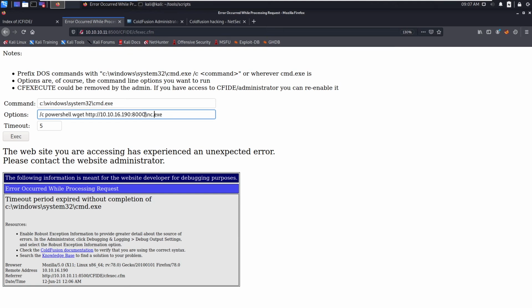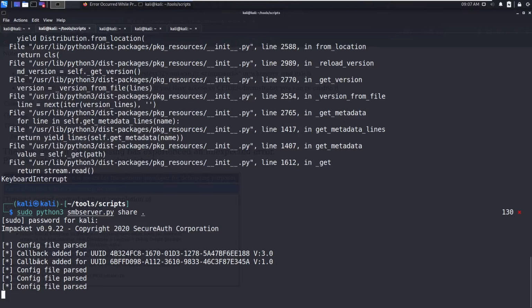Let's delete this. What we are going to do is copy 10.10.16.190/share/nc.exe.